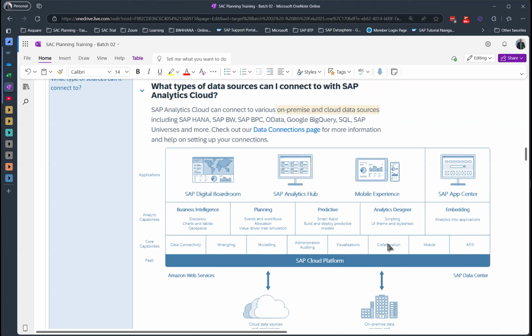Collaboration means you can do commenting, you can chat with different team members within SAC, you can send them emails within SAC, you can assign them tasks, etc. So all that collaboration functionality is also available. It is supported on mobile devices and it has third-party supported APIs also. Okay, so this is the overall.